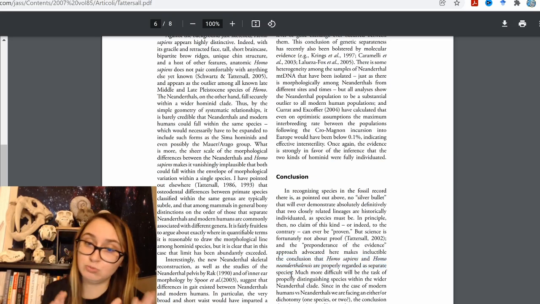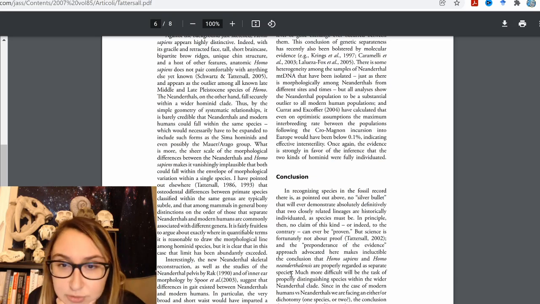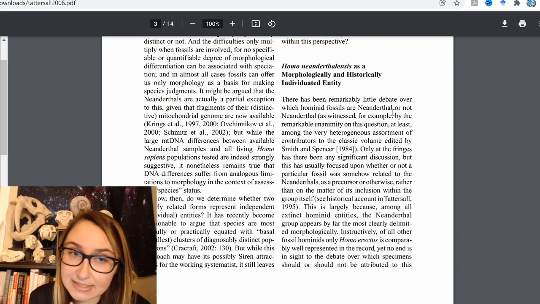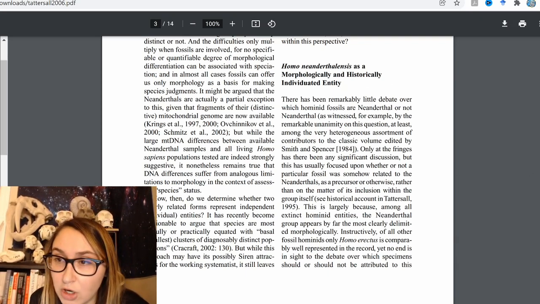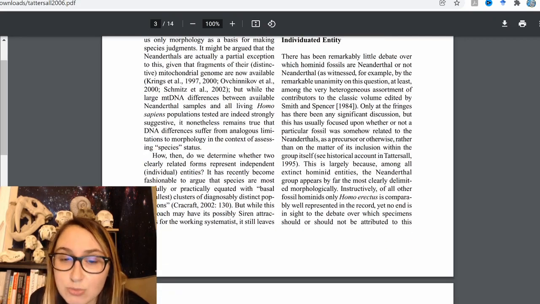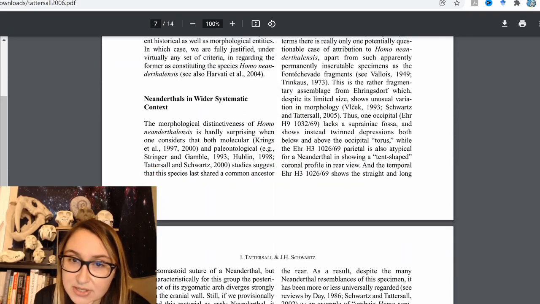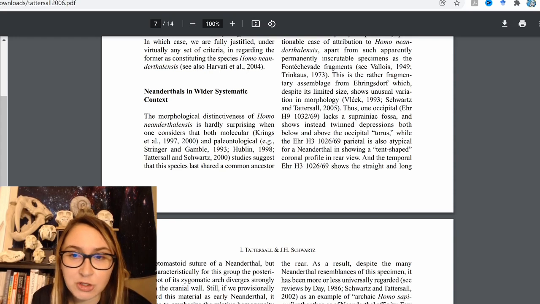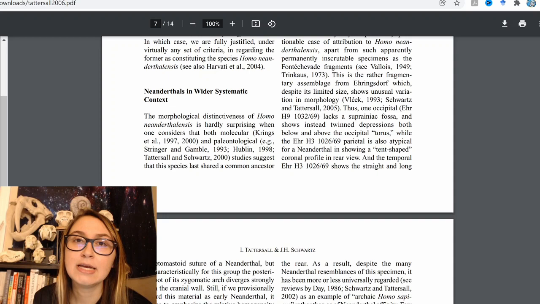And then he basically says more difficult is going to be looking at the Neanderthal clade and properly parsing that out. So Tattersall would, of course, conclude that they are different species. He did so in another paper, which has the details of the morphologic and historical individuated entity that is Homo neanderthalensis, and he basically just goes over much of the same stuff that I've already touched on. So let's move forward, knowing we're sound in our understanding that Neanderthals are morphologically very distinct from Homo sapiens.